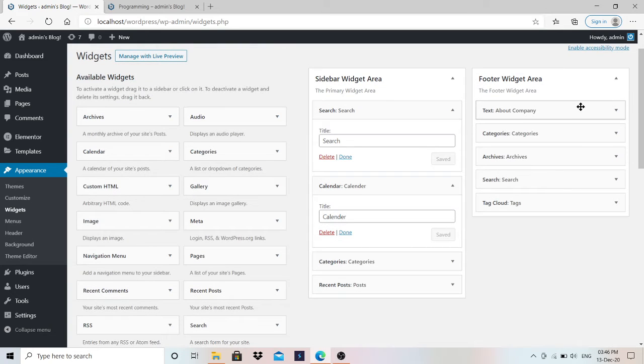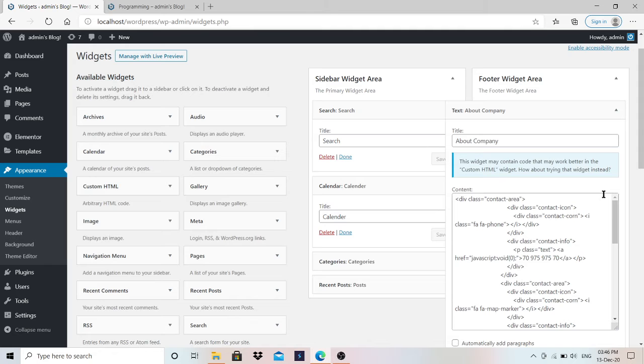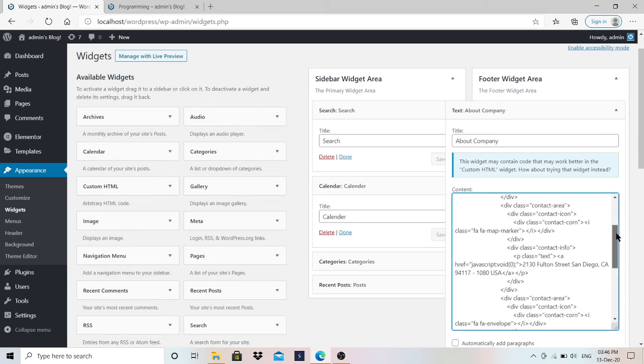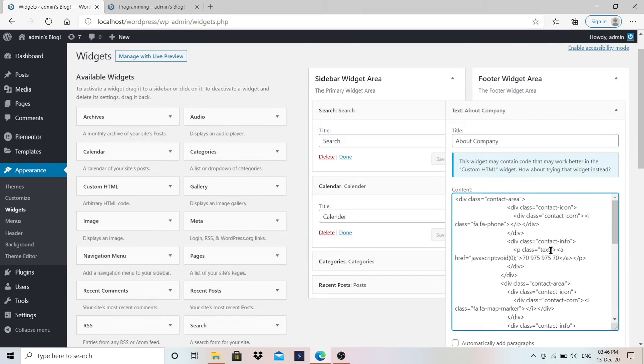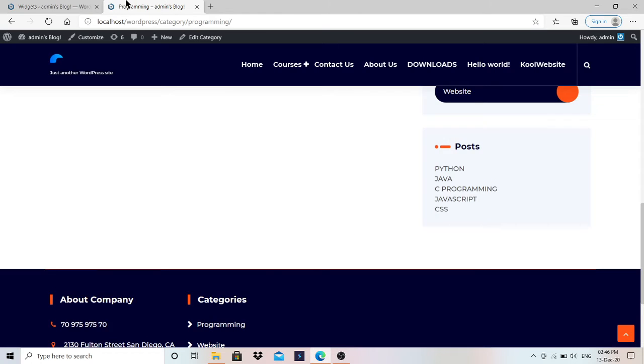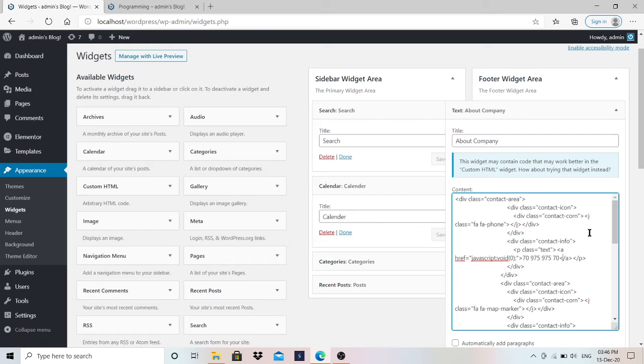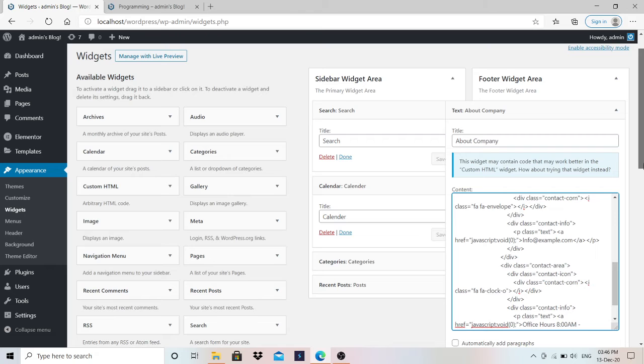And as you can see here, by default something is written here by WordPress itself, by the theme. So you can remove it from here, or you can change what you want to change, like the phone number and all these things that are here. You can just change the information from there and display it. Okay, for now I will keep the same.